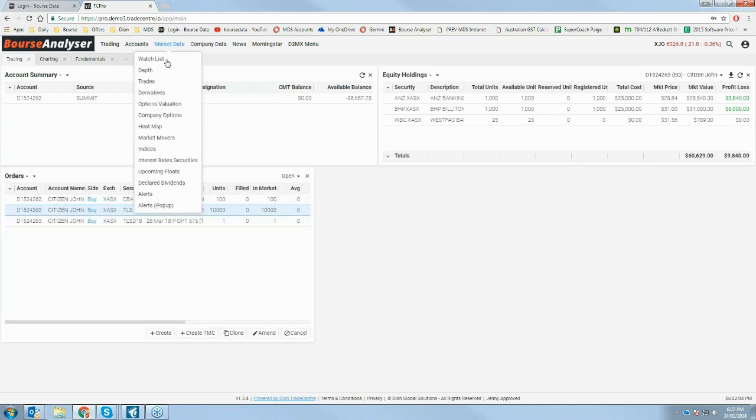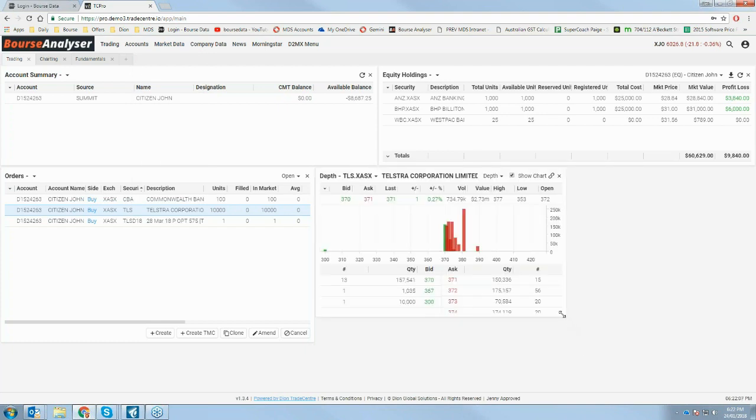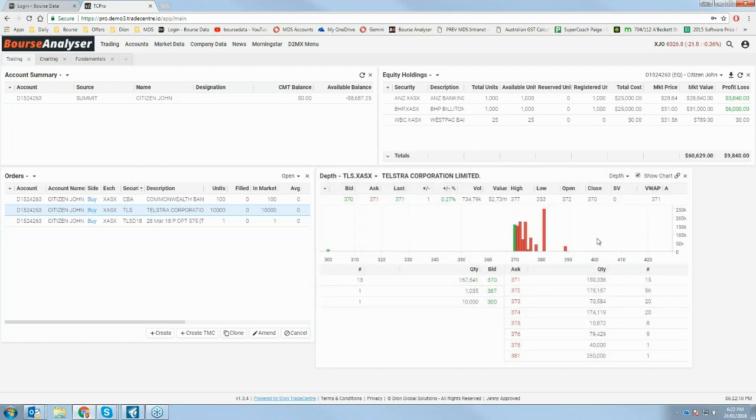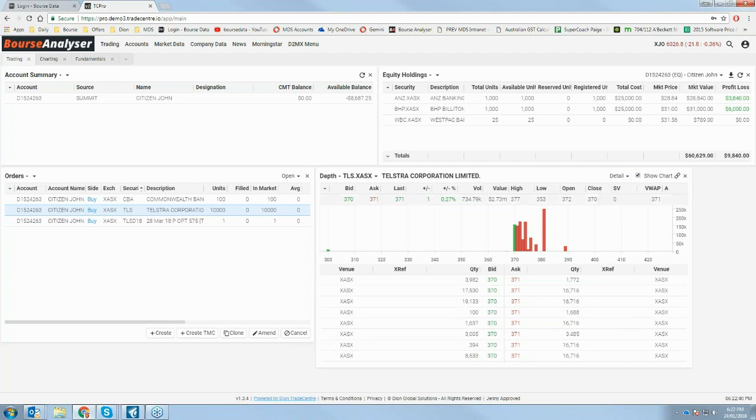and if I open up a depth, so currently you see an order there at 10,000 at 300, which I think is my order, but I'm not really sure of it. So what I'm going to do is in your depth here, up the top right corner, you see where it says depth there? If I left click on that, I can go into something called detail, which is market detail instead of market depth, which will give me a breakdown of the amount of orders in the market, what price steps there are, and the amount of volume. So if I click on detail,